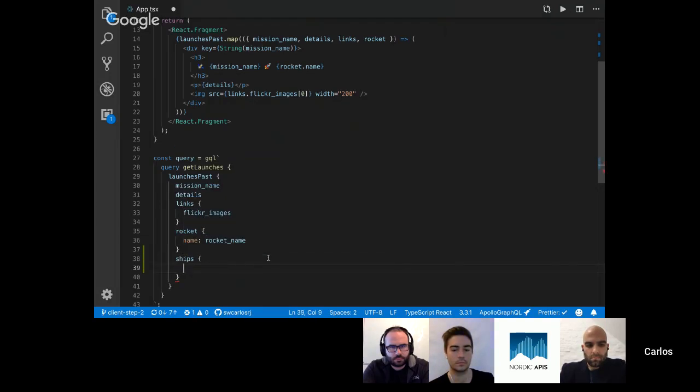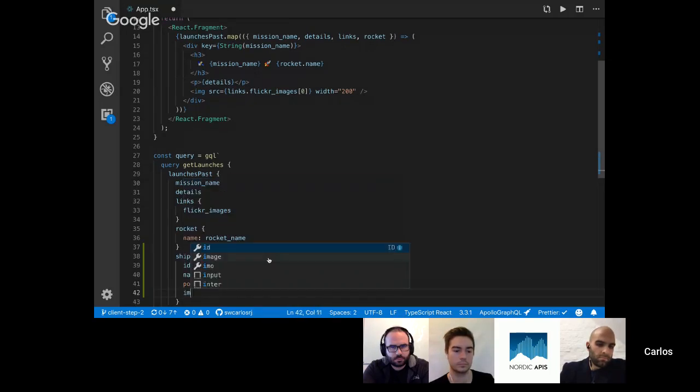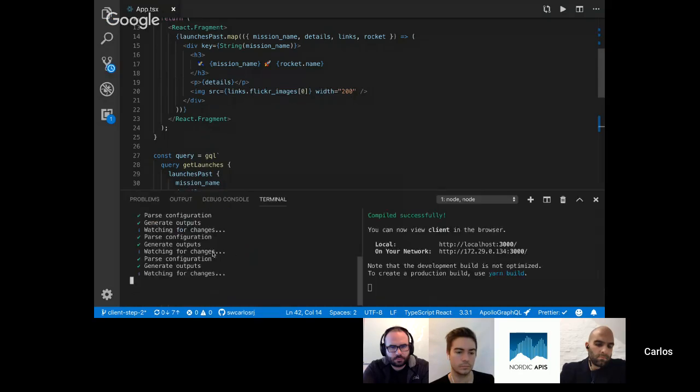I'm going to get the shape, and from the shape, I'm going to get the name, the ID, the name, the port. I can even use an alias in order to not have to write all these annoying client parser functions, and probably an image, right? So when I save in here, I'm telling my tooling for auto-generated types that I have to auto-generate